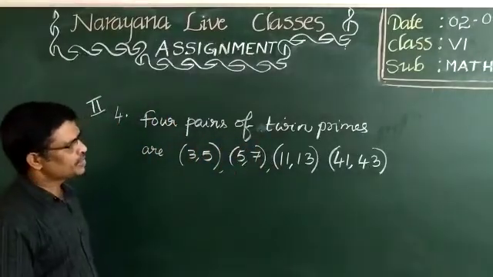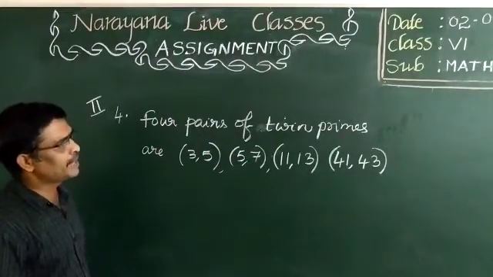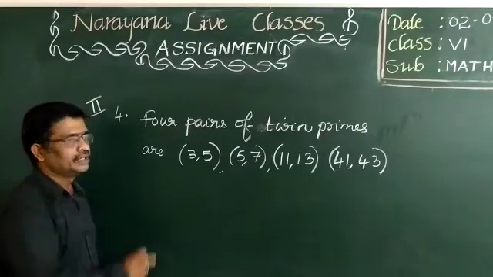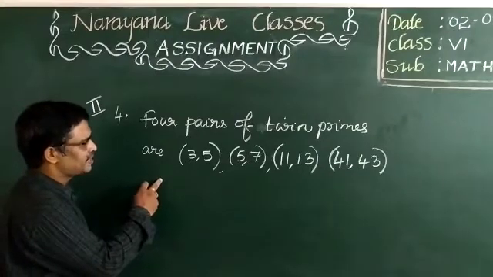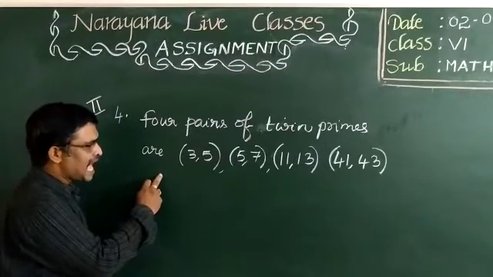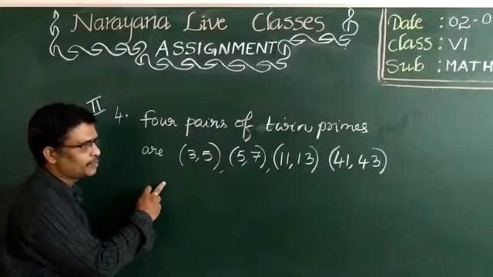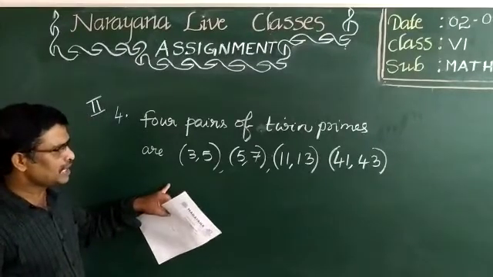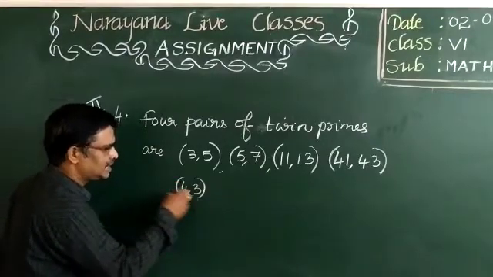And one more question they ask. Are all twin primes relatively prime? What is the meaning of relatively prime? Relatively prime in the sense they are co-primes. What is the definition of co-primes? Already we discussed in previous assignment. Co-primes are the numbers which are having only one as a common factor for both the numbers. For any 2 numbers, only one is a common factor. For example, 4, 3 or 3, 4.